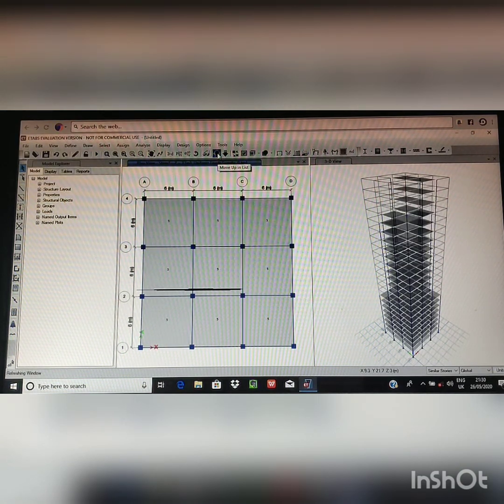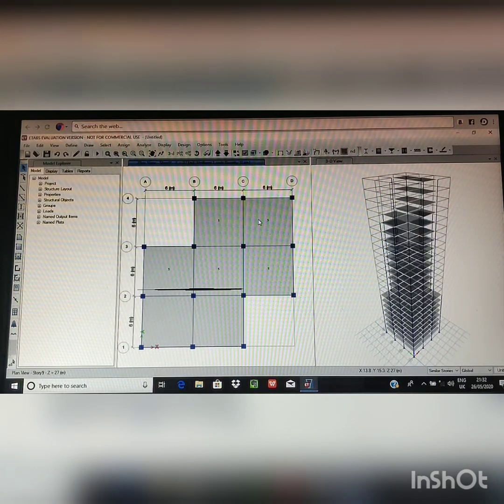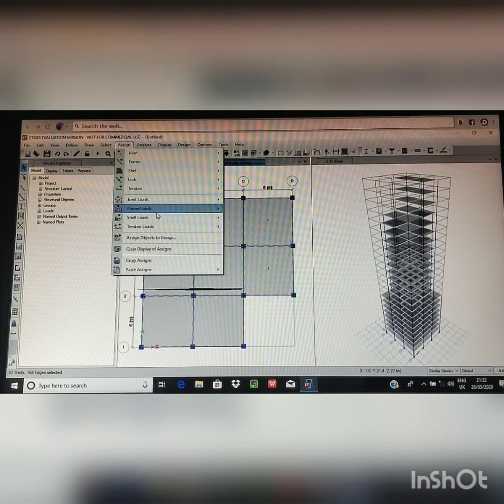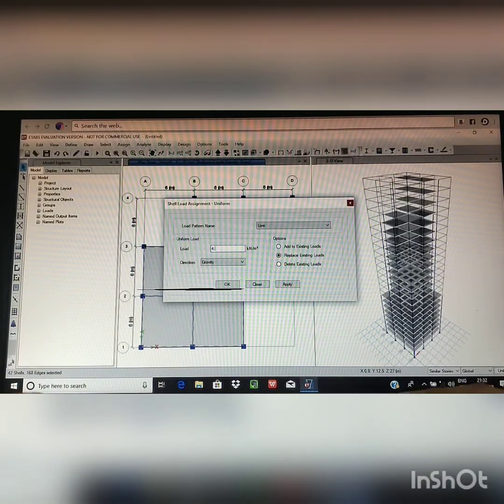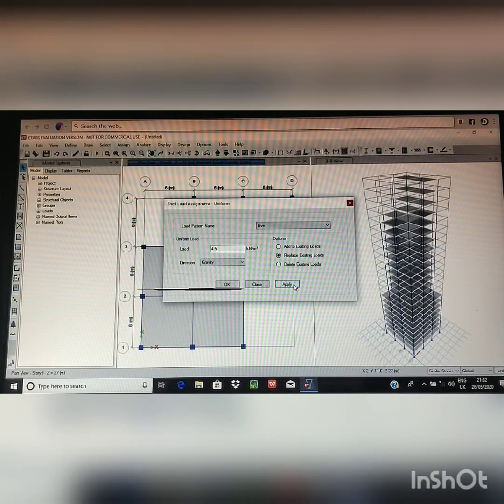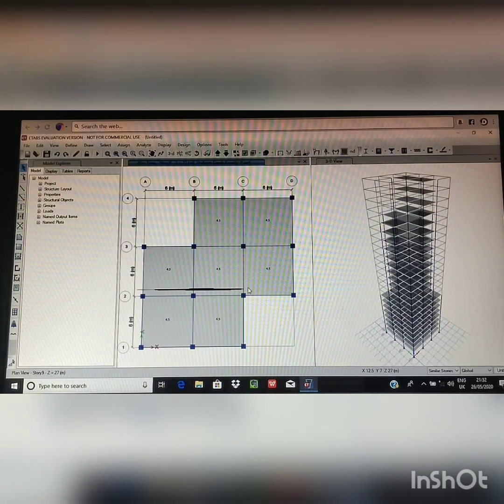Now go to story 9. Select all the cells. Now go to story 15.